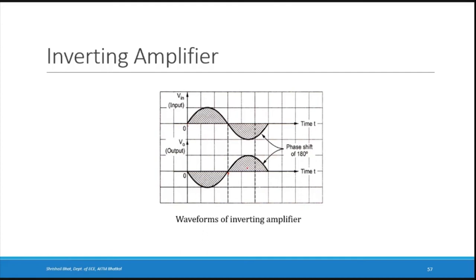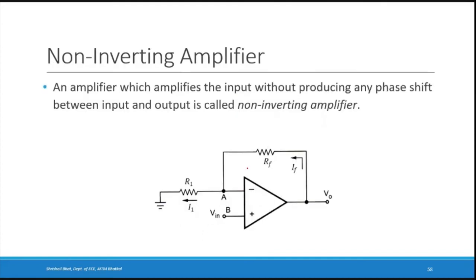Another basic op-amp circuit is the non-inverting amplifier. It is very easy to draw the circuit of a non-inverting amplifier if you know an inverting amplifier. In the inverting amplifier, we had connected the input voltage to the inverting input terminal and ground at the non-inverting input terminal. Here we are just swapping the positions of Vin and ground, that's all. So here there was Vin in the inverting amplifier and here there was ground. In the non-inverting amplifier, here there is ground and here there is Vin.